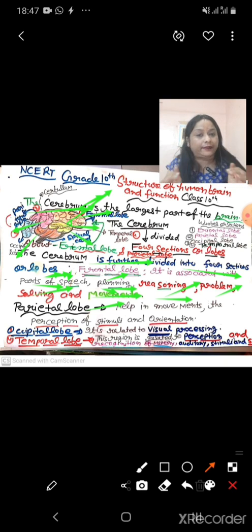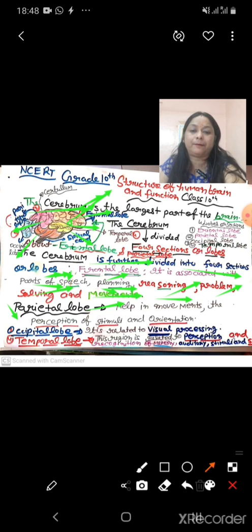We all use these activities in daily life, so we can easily learn and keep them in mind: speech, planning, reasoning, and problem solving. Any problem solving, reasoning, mind work, and movement is governed by the frontal lobe. Next, we will learn about the parietal lobe.